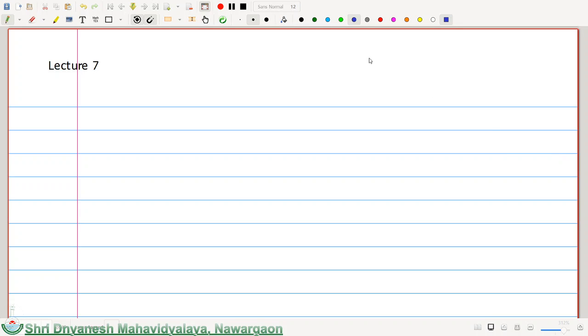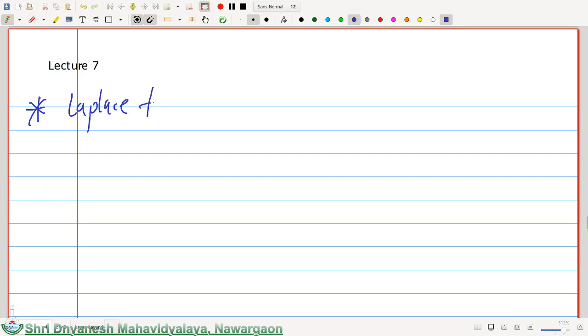Hello everyone. In the last video, we have seen the Laplace transformation of a function when it is multiplied by t to the power n for a positive integer n. In this video, we will find the Laplace transformation of a function when it is divided by t. So let us write that title: